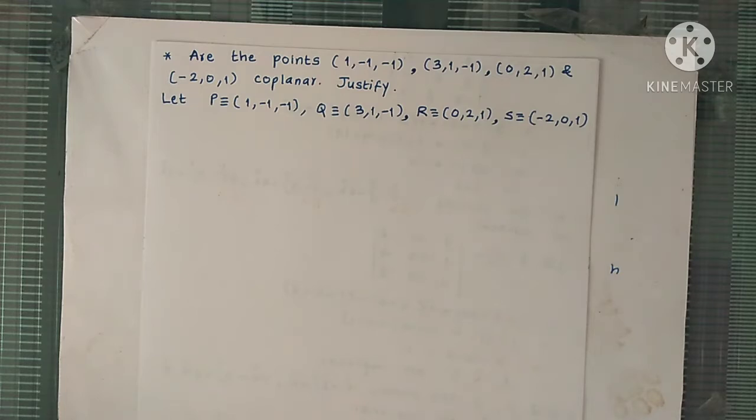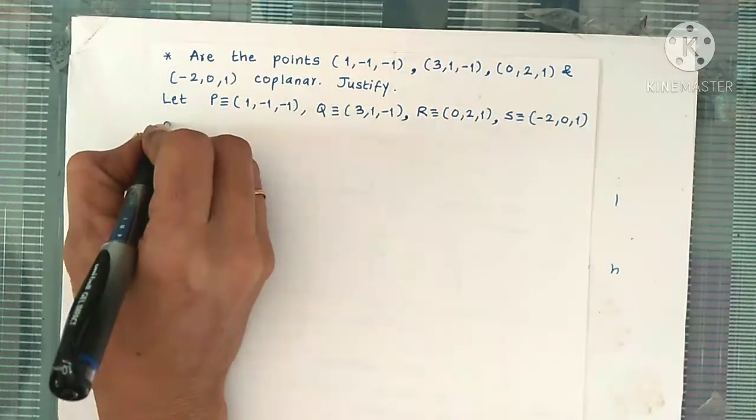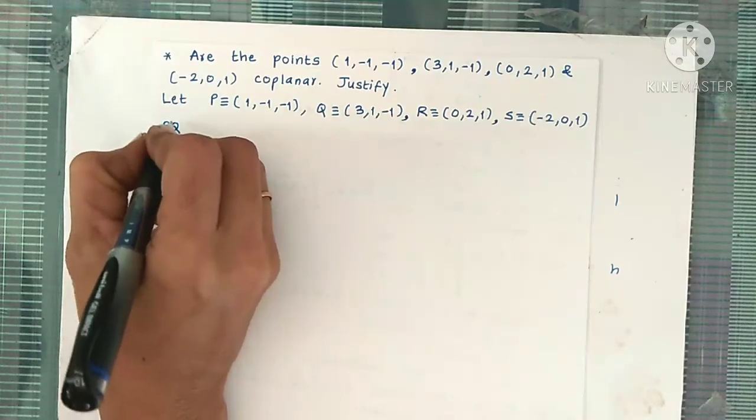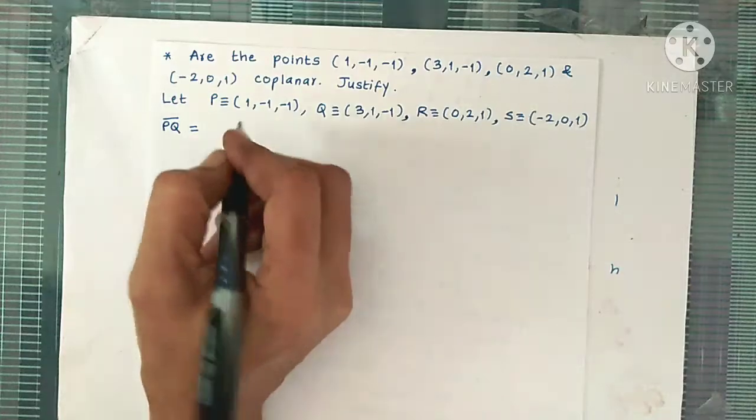Now let's consider 4 points and let's find out whether these 4 points are coplanar or not. So the points are given, so that is written in the question paper. So let's write in the answer paper those points as P, Q, R and S. So to find whether these points are coplanar, we have to convert 4 points into 3 vectors, and we are keeping point P common. You can keep any point common. So here let's take P as the common point to all the 3 vectors.